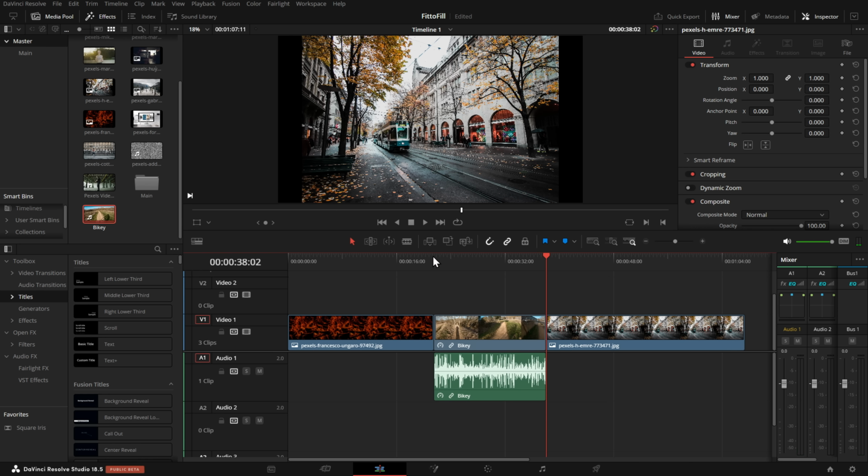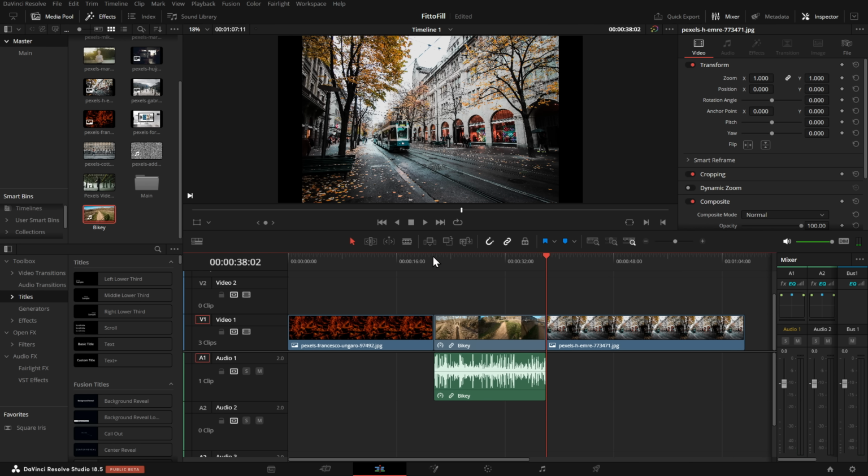But I'm going to mark an in and an out, and then if I simply grab an image from my media pool, let's go with this one, then I'm going to hit Shift F11, that image will just drop on the timeline and it will fill that in and out range. Alternatively, let's mark a new in and out. If you don't like to use the keyboard shortcut, you'd prefer to do a drag and drop, simply grab your image from the media pool, bring it over to your preview window in the middle, and you'll get this little drop down appear. And you want to go to this fit to fill, release, and there you go,